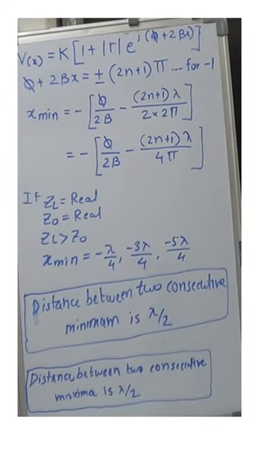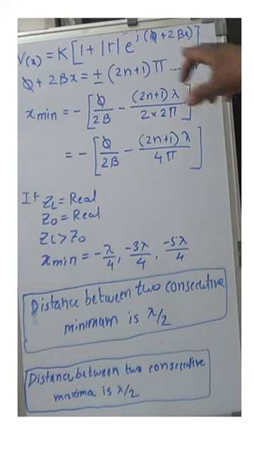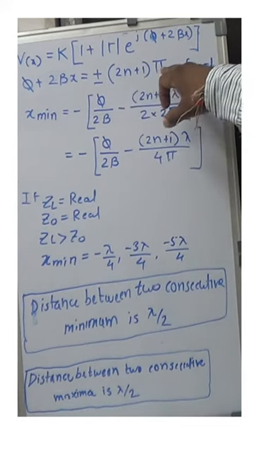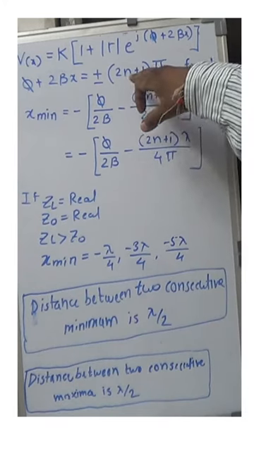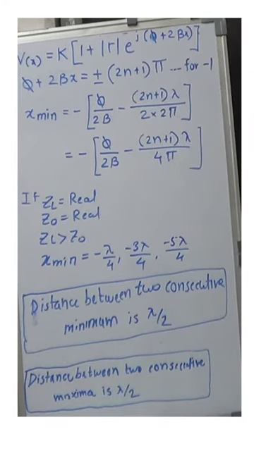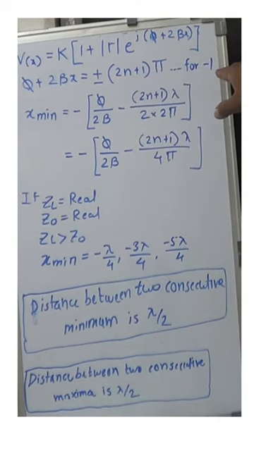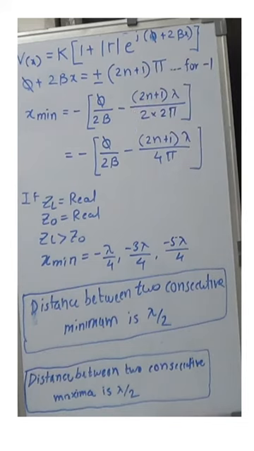So again we will see Vx is equal to k into 1 plus gamma e raised to j phi plus 2 beta x. So we are interested in this term, whether we are getting plus 1 or minus 1, and hence phi plus 2 beta x is equal to plus or minus 2n plus 1 pi. That is for minus 1. Previously it was 2n pi, because we wanted an even number, so that we get plus 1. Now here our requirement is minus 1. So here an odd multiple of pi should be there.